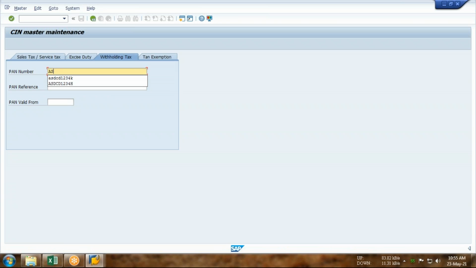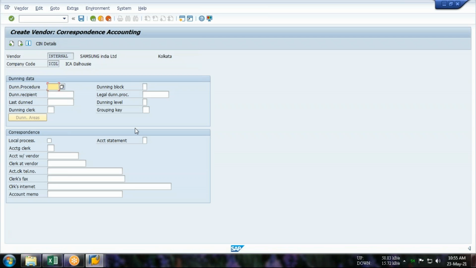After the introduction of GST, only this tab is applicable. The rest of the tabs are not applicable. This server is not a GST enabled server, that's why the GST number part is not coming. So don't worry. So guys, these are all about the vendor record.